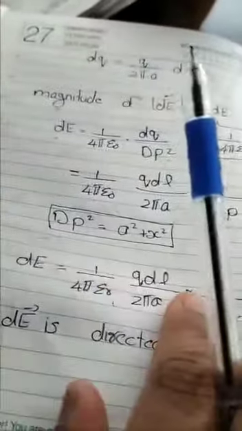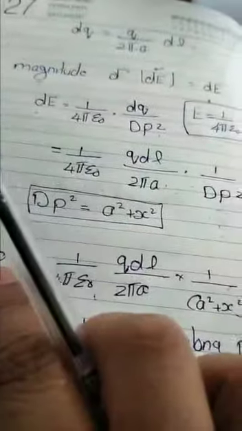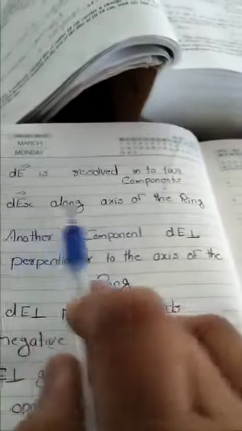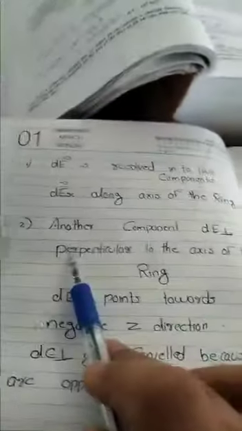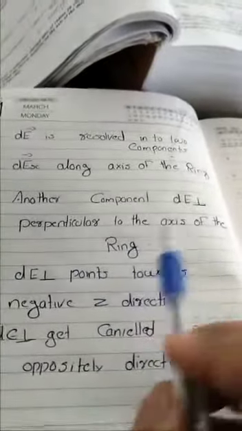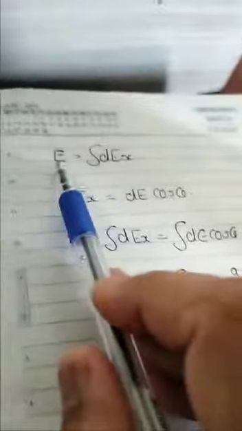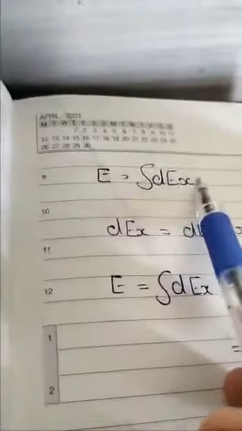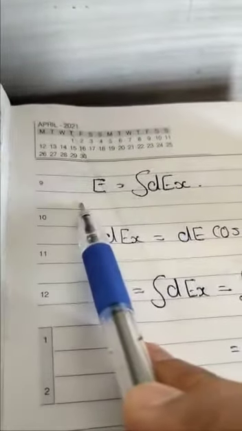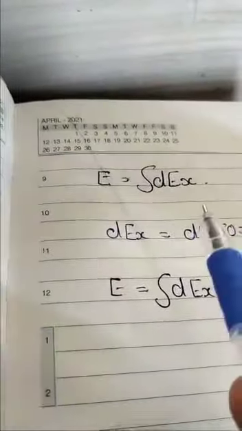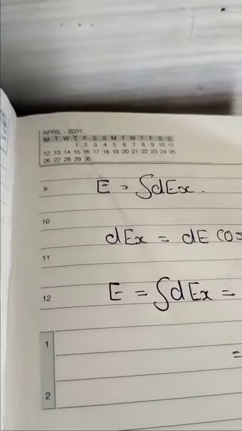What is dE? At the point P, the electric intensity. This dE is an inclined condition. That means it has two components, dEx along the axis of the ring and dEy perpendicular to the axis of the ring. That's the reason we only consider dEx. Okay, so what is E? Electric intensity. What did we get now? We got dEx. Integrate this dEx, we will get the full E. Understood? Now we have to consider the electric intensity of a small portion AB.